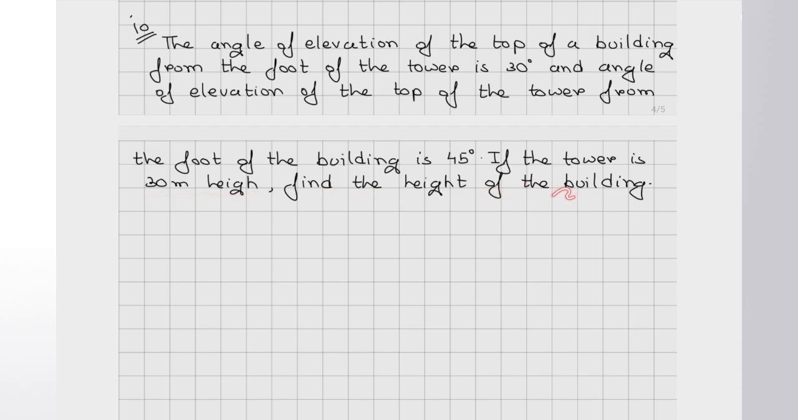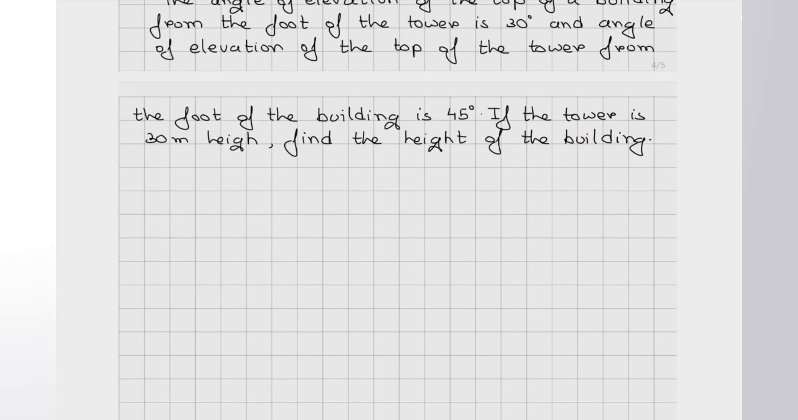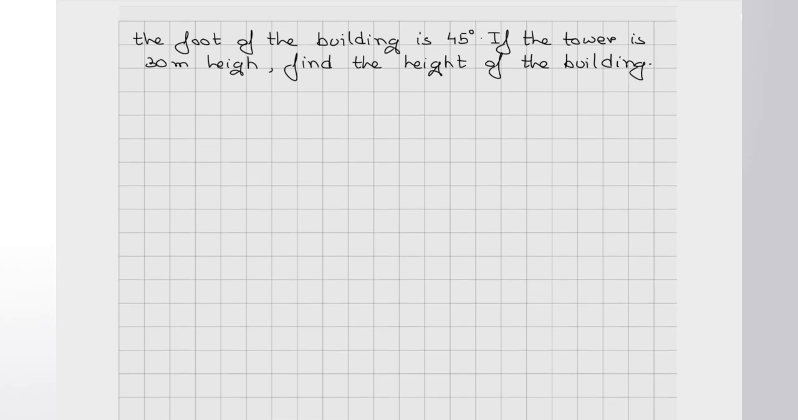यहाँ पर हमें टावर की हाइट दे दी गई है, हमें बिल्डिंग की हाइट मेजर करनी है. यहाँ पर हम दो ट्राइंगल्स बनाएंगे बट वो ऑन द सेम बेस बनाएंगे। पहले हम लोग बिल्डिंग का बना लेते हैं।